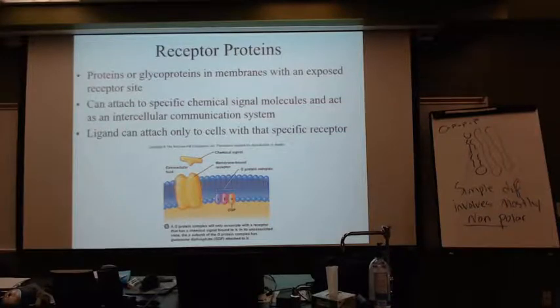A really good example is the proteins of a cell that function for hormones. So if you think about, for example, luteinizing hormone,